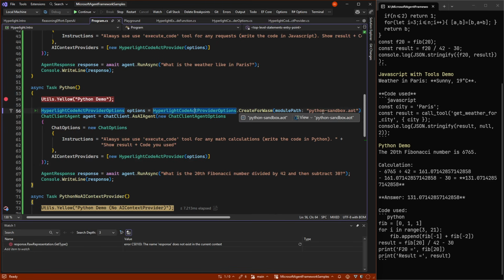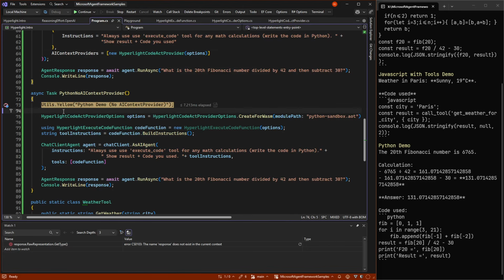But it's essentially Python packaged up in a sandbox where we can run code. And then we do exactly the same as before. The only difference is that we're now using Python and telling it to use Python to write the code. But else it did exactly the same. And we can see that over here, where it showed the Python it used instead of some JavaScript it used.